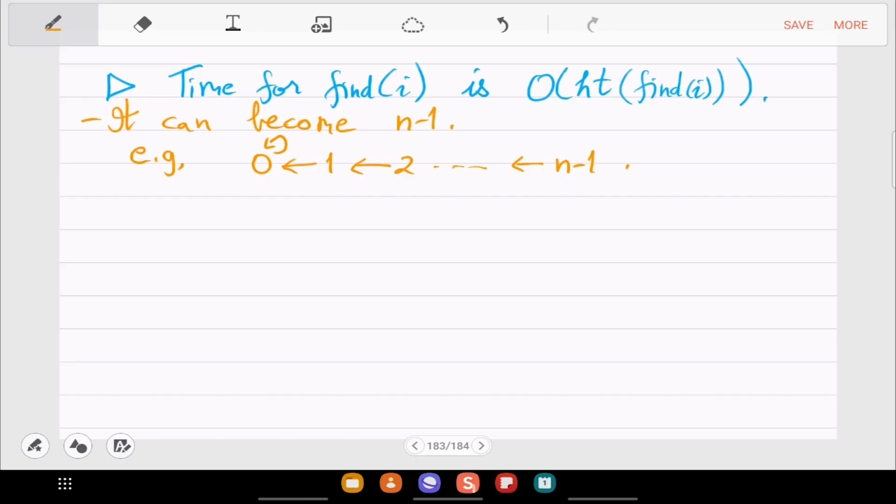So what should be done? By a small change here you can make it log n. Do you know how? What is the small change? The root, you want to connect the two roots. Yes, that I think will also work. Yeah, so that is what is called path compression.